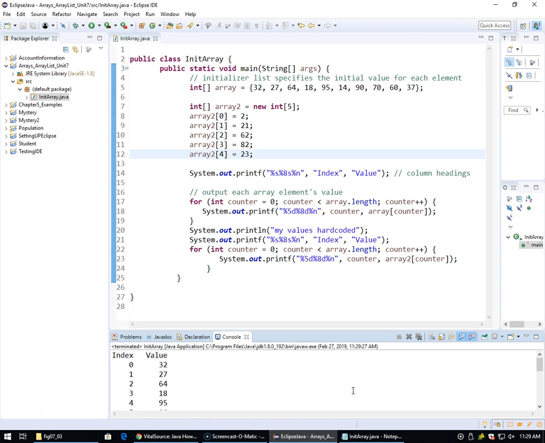so here we go, index value 0, first one is 32, second one is 27, third one is 64, 18, 95, and it prints the whole thing. But over here I have 0, 1, 2, 3, 4,